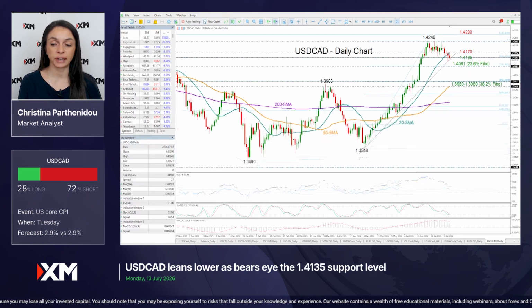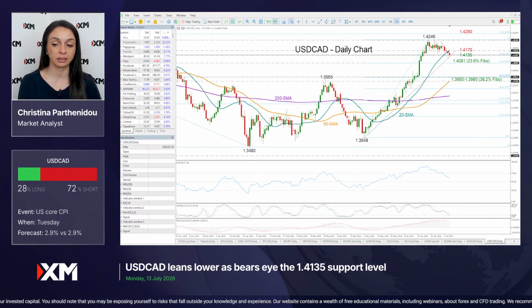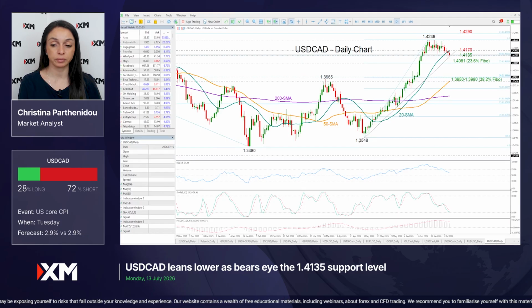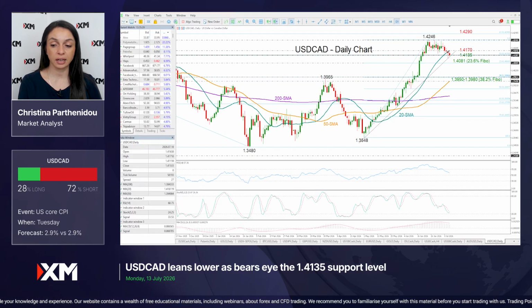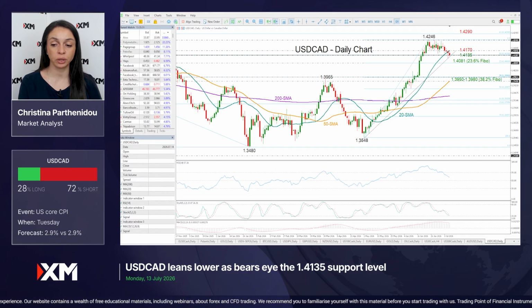The technical indicators down here are also reflecting the falling sentiment, as the RSI is pointing towards its 50 neutral mark. The MACD is weakening below its red signal line, and the stochastics over here is approaching its 20 oversold level, but it has yet to fall below this level.